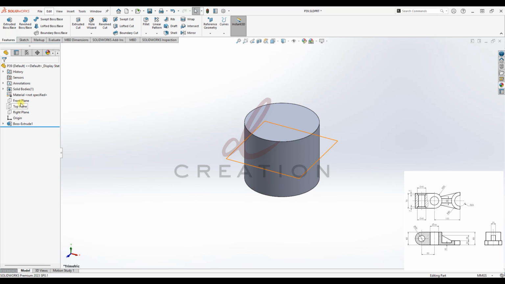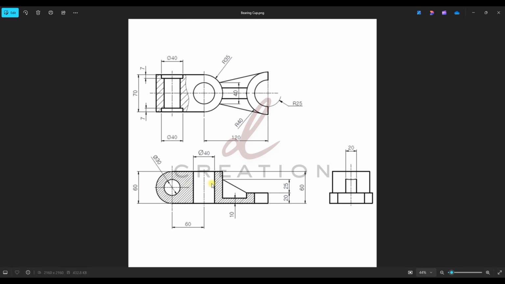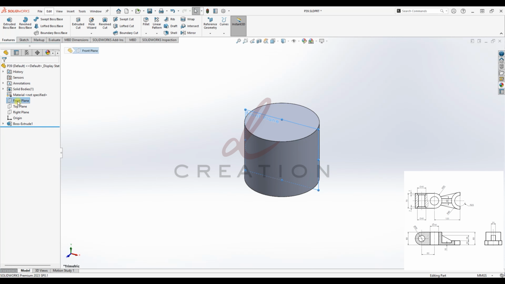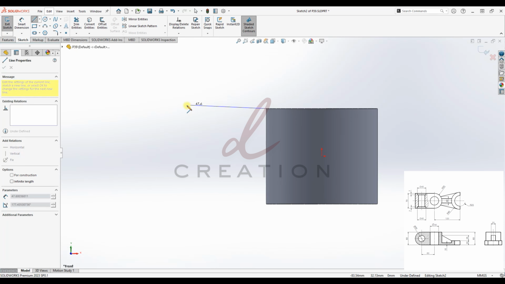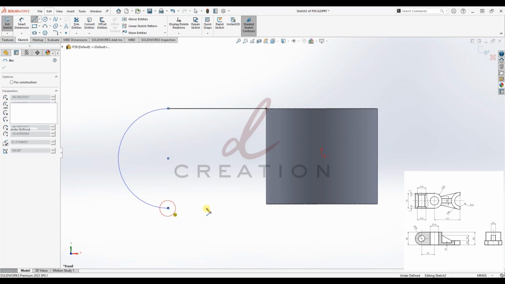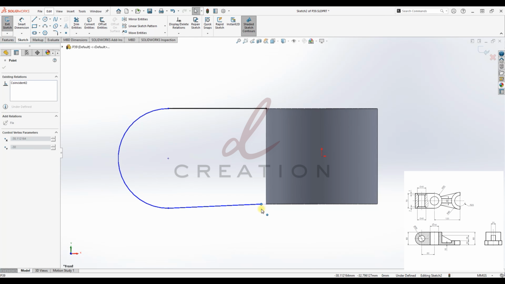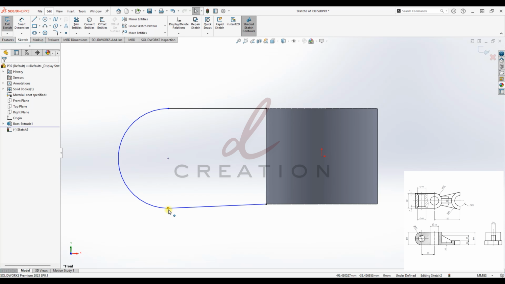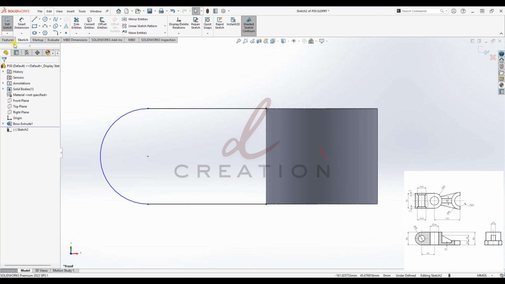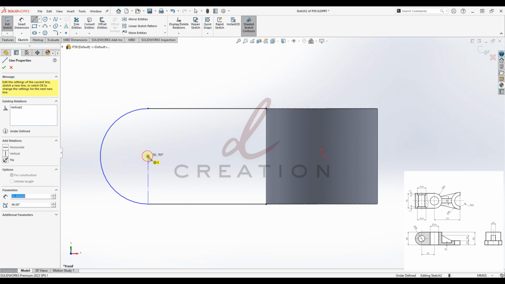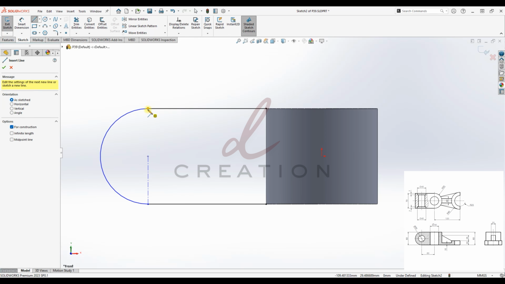Okay, next I'm going to use the front plane. Using the front plane, we can create this part attached with the center of the circle. So I'm going to create a new sketch, and then using the line command, I'm going to create like this, and then create a semicircle over the head over here, and then combine. Make sure that this one is horizontal,